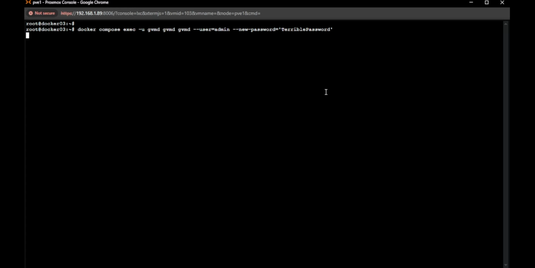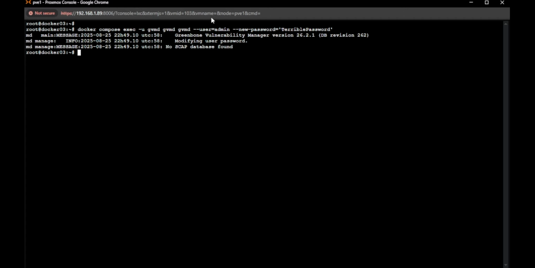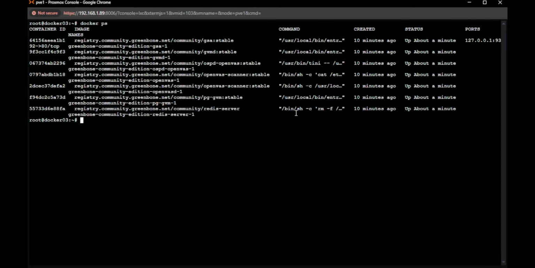So we'll go ahead and run this. Let's see. Modifying user password. This shows that it updated the password, and one thing we need to take note of here is that you may notice it shows our ports, right? It shows this local address here. That means it is only accessible on that local address. So that means I can only ever get to the web portal